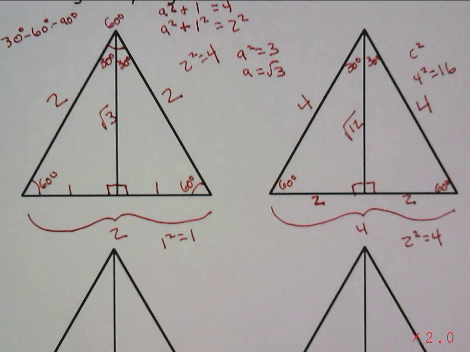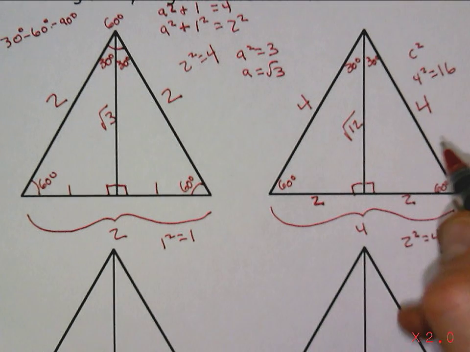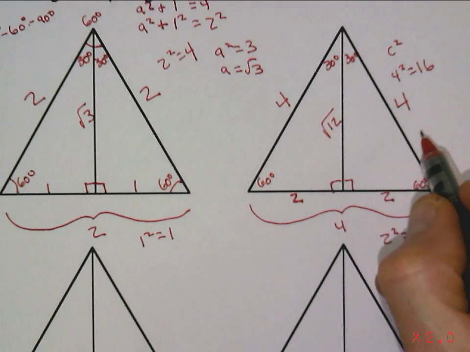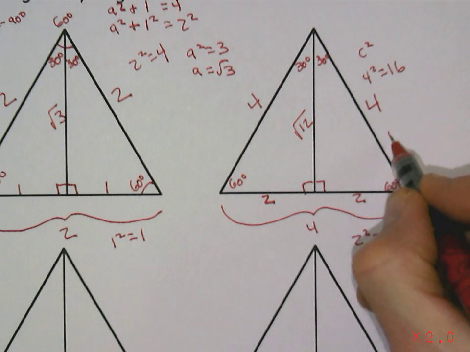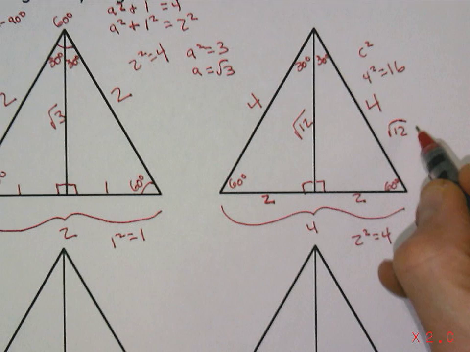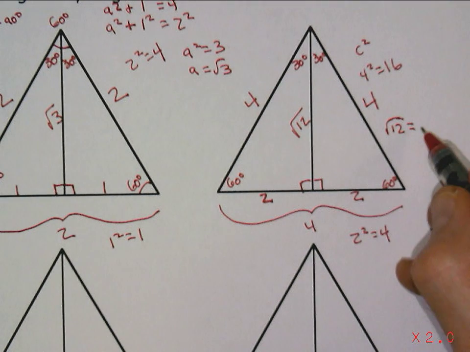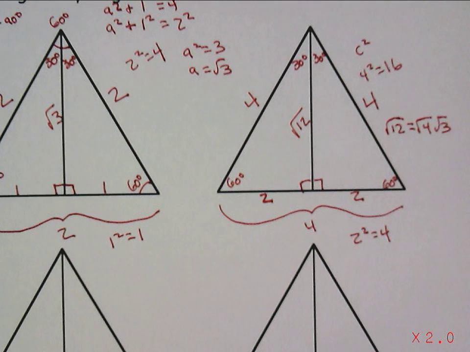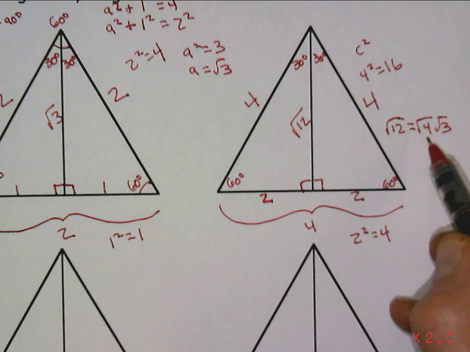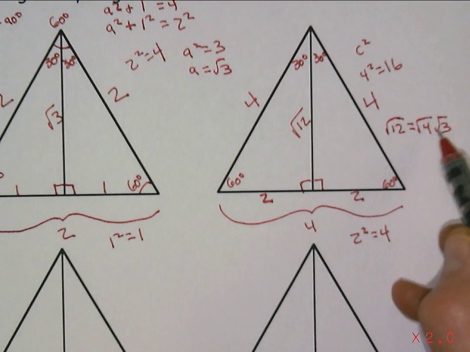Now the interesting thing with this is if I take the square root of 12 and I simplify it, we can simplify radical expressions sometimes when they have factors that are square roots. And the square root of 12 can actually be factored to the square root of 4 times the square root of 3,